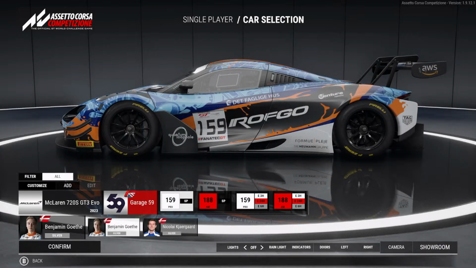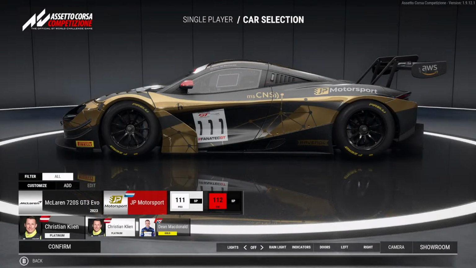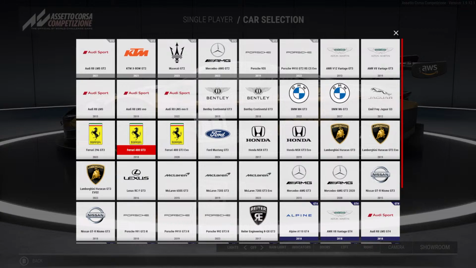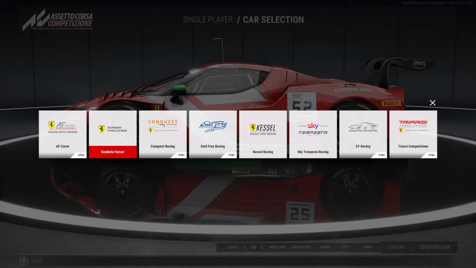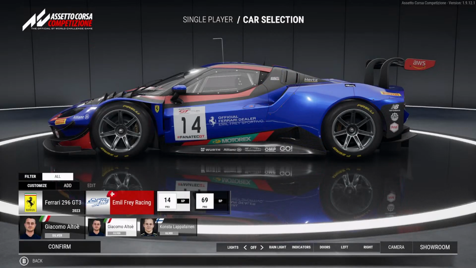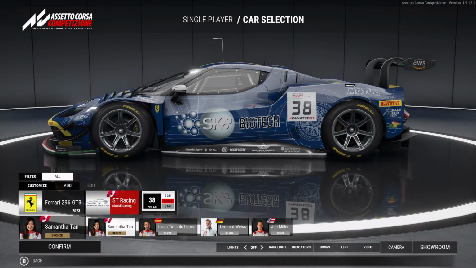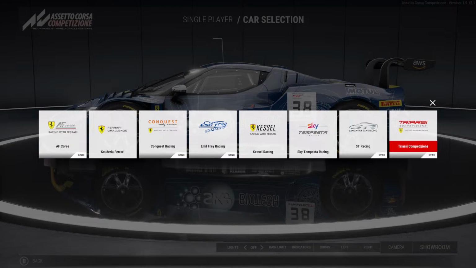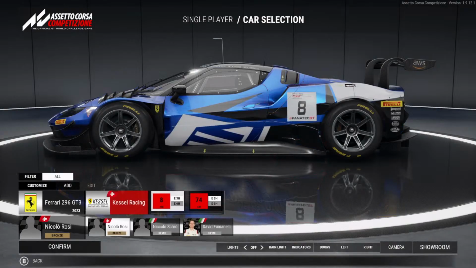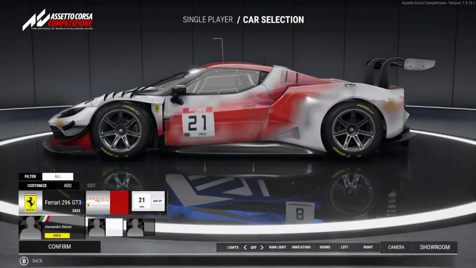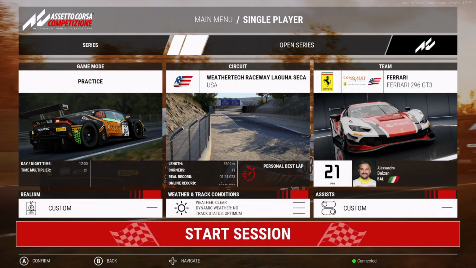I have to figure some stuff out. What's your no light curbs? I didn't know she went to Ferrari. Let's try the 296 out.